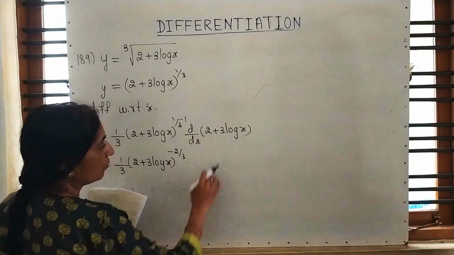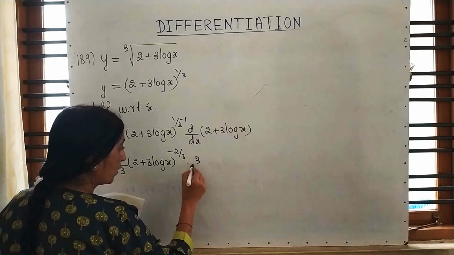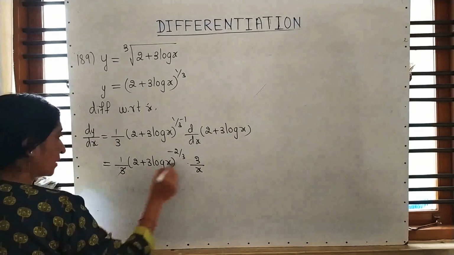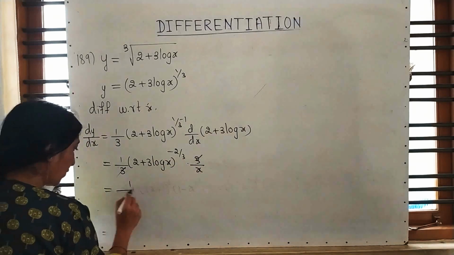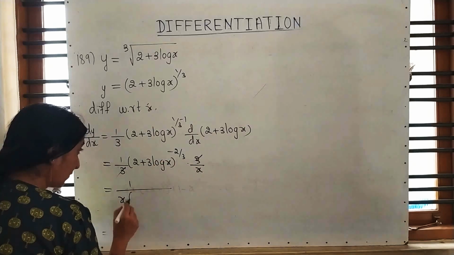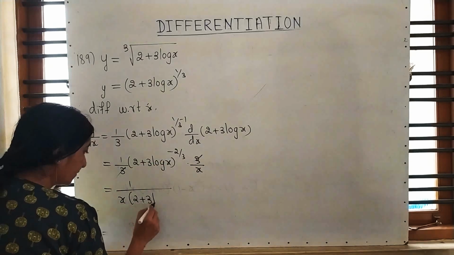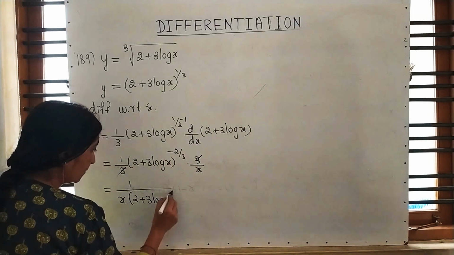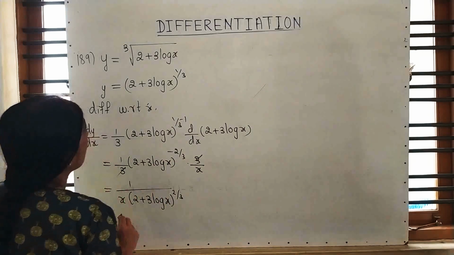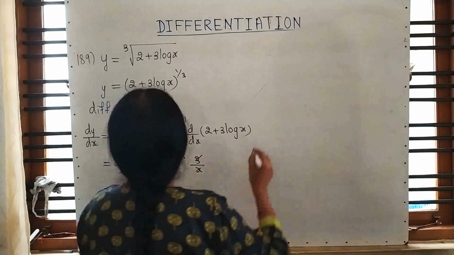Differentiation of 2 is 0. Differentiation of 3 log x is 3 by x. This 3 and this 3 cancel. It is 1 upon, because of this negative it comes in the denominator. Now understood. Next one is